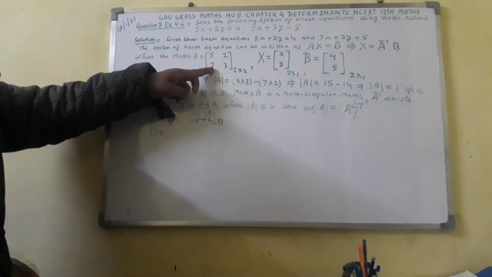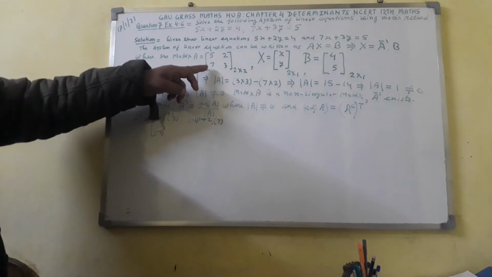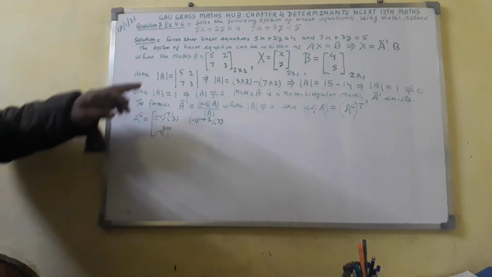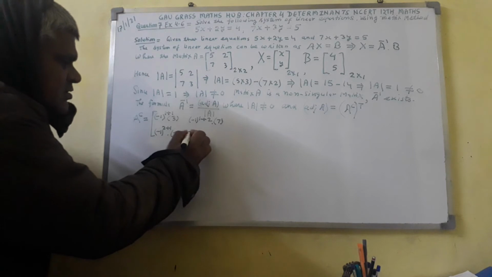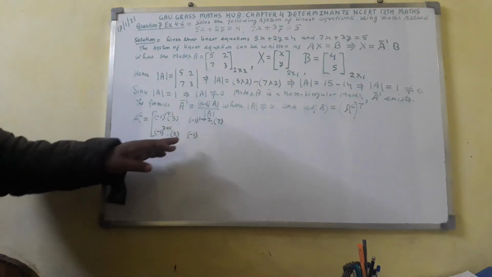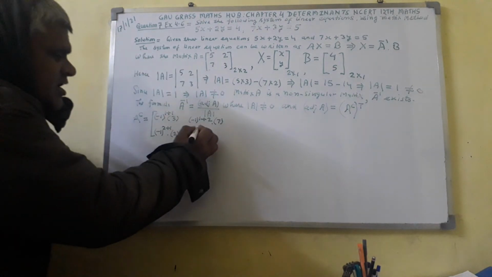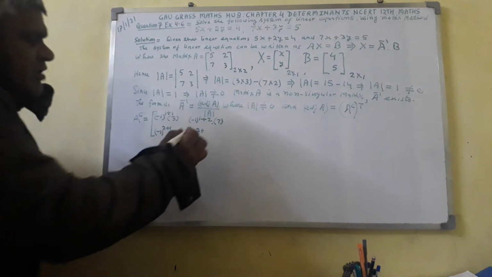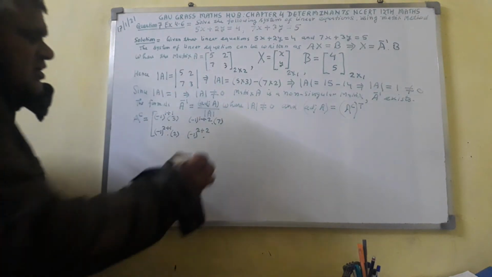7 is there in second row. For second row I shall write here 2, and 7 is there in first column. For first column write here 1, and the minor of 7 will be 2. So here write 2. -1 raised to the power. For this element 3 is there in second row. For second row write here 2 plus, and 3 is there in second column. For second column write here 2, and the minor of 3 will be 5. So here write 5.